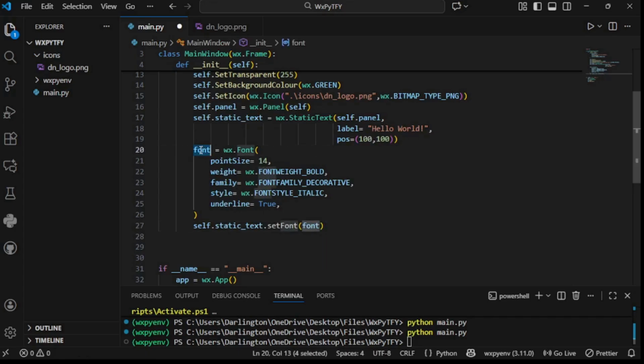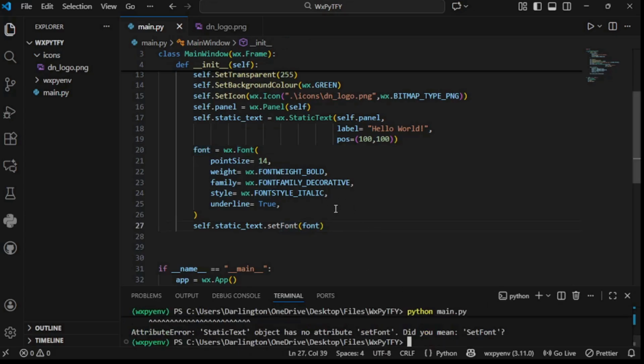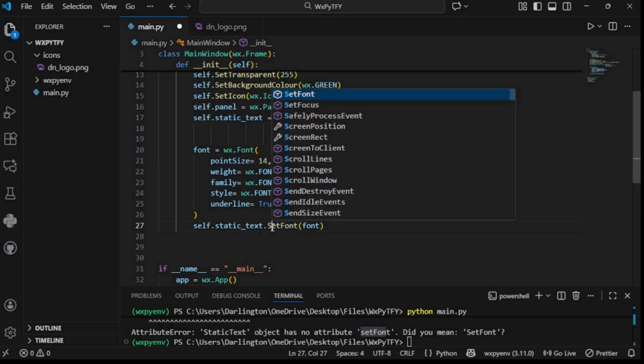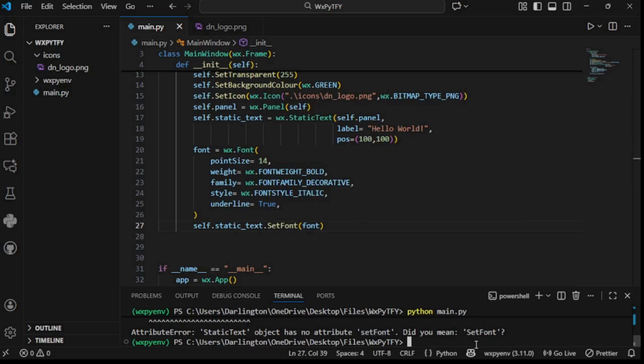That's this font here. Now if I save it and run it, what does it say? I didn't spell this correctly, so this is supposed to be in a capital letter. So SetFont. Now if I save it and run it,